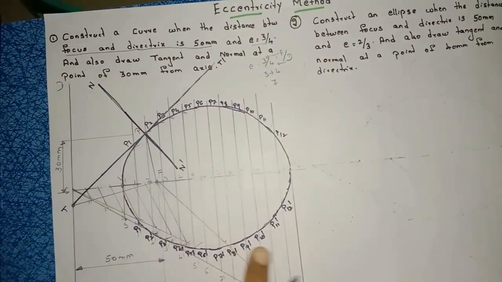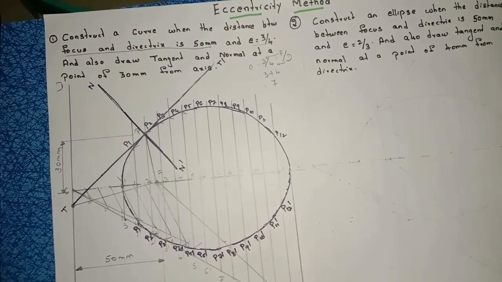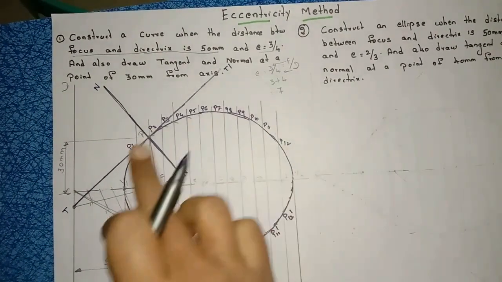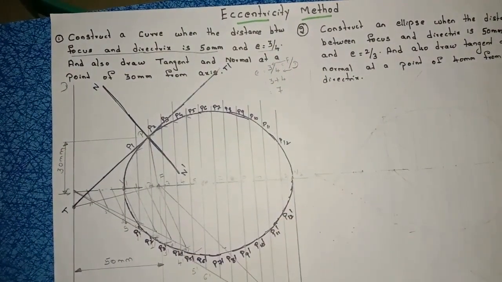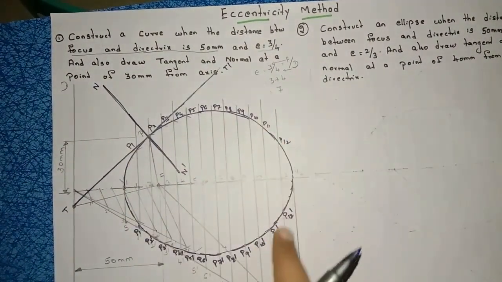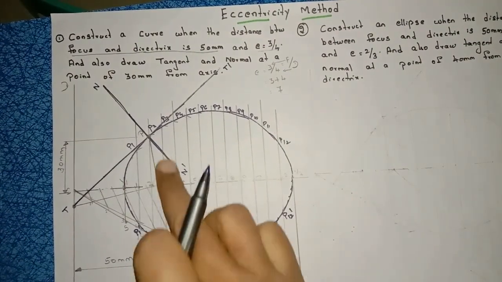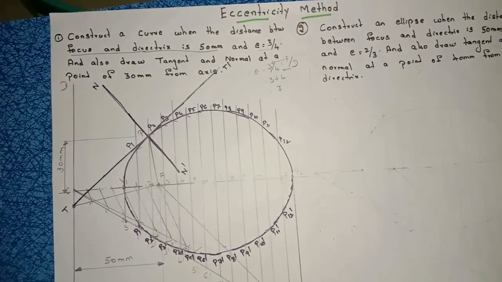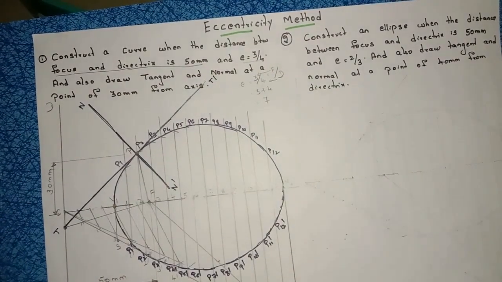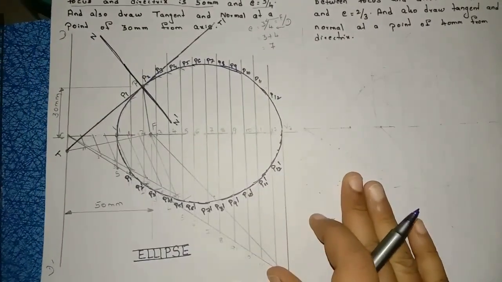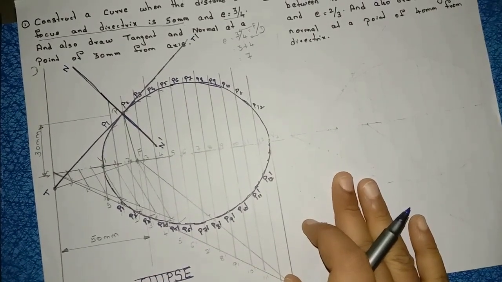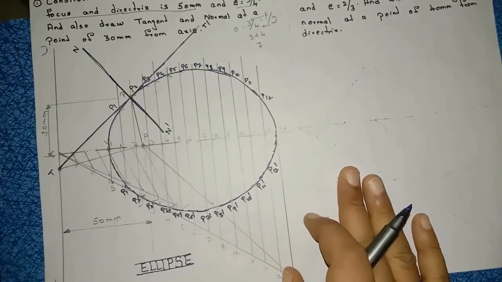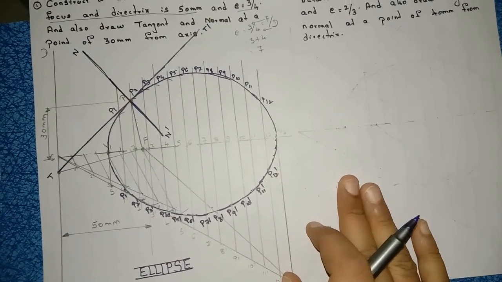See here, all the constructional steps are drawn in a very light manner. Output ellipse, tangent, normal are in dark, right? Naming the points outside the curve is important. Marking the dimensions is very important. Whatever they mention in the question, you definitely have to mark the dimensions. After completion of your diagram, definitely name it in lettering style. Take height 5 mm and write down here ellipse, right?